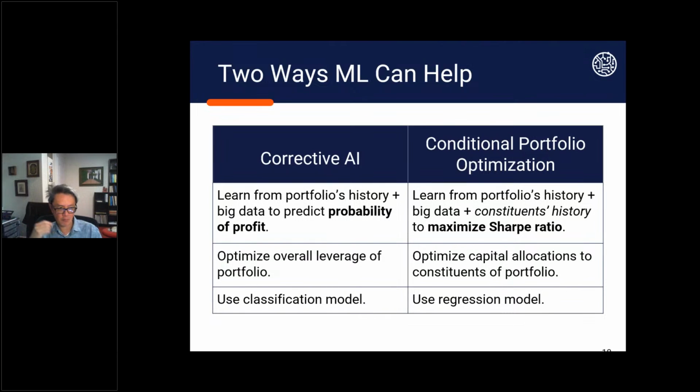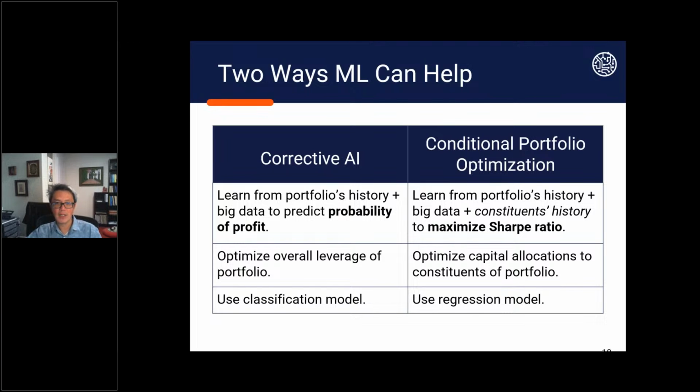In fact, I have shown in one of my previous blog posts that the Kelly formula method of portfolio optimization, of capital allocation, is mathematically equivalent to Markowitz mean variance optimization. For some reason, this is not well known, but I have shown mathematically in one of my blog posts that that was the case. So here, what PredictNow has done is that we take it a step further. Not only are we able to optimize the allocation to the portfolio components using past returns, but we can inject big data into this optimization,